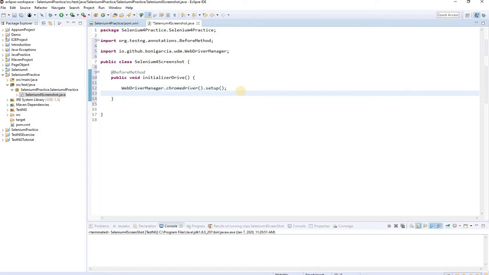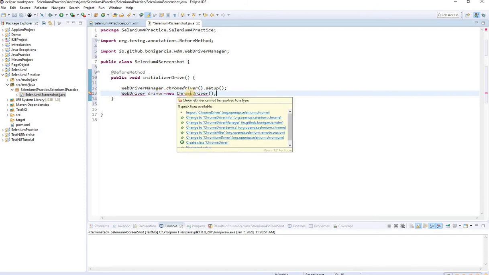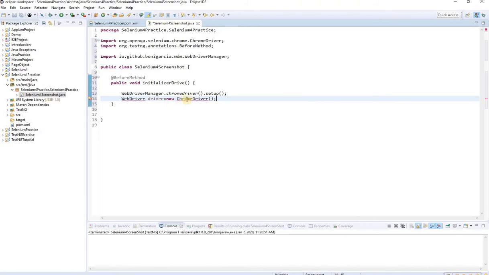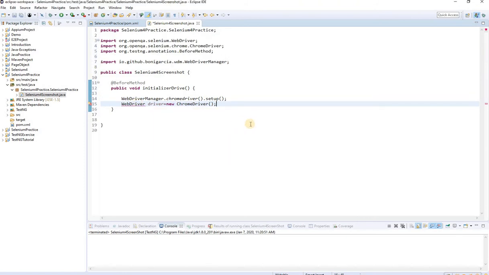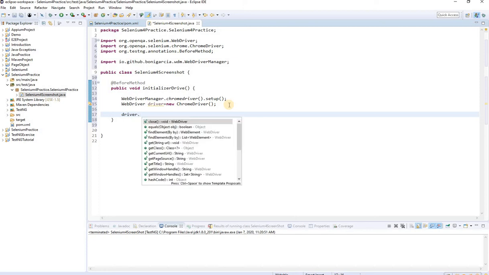Okay, so next is WebDriver driver equals new ChromeDriver. The rest of the part is very simple, just to make a relationship between the WebDriver interface and the ChromeDriver class. So let's import the ChromeDriver package and the WebDriver package, right? And then we'll say driver dot